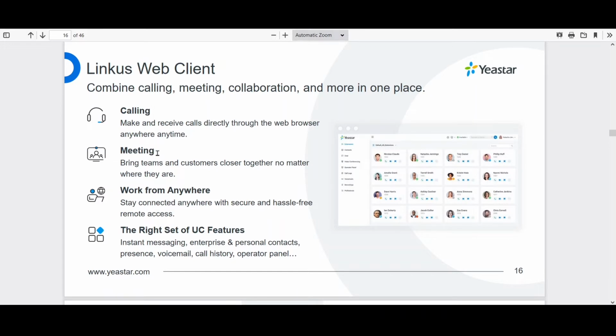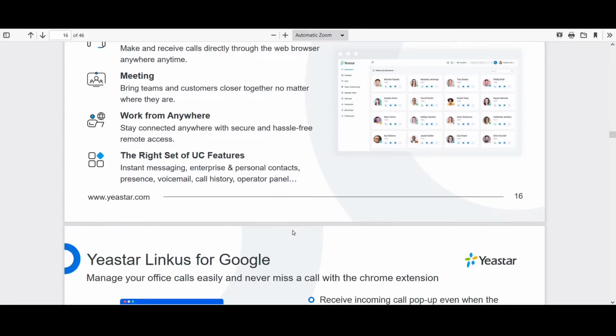Of course, you can do some meetings up to 8 people max, but it's a good feature. You can work from anywhere, which is very good, and you can have access to UC features depending on your system, but you can access your voicemail, your call history, change the preset of your presence if you are available or on do not disturb, everything that can be changed